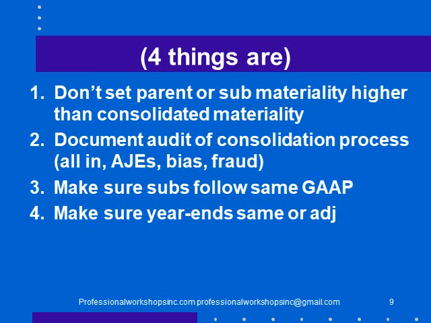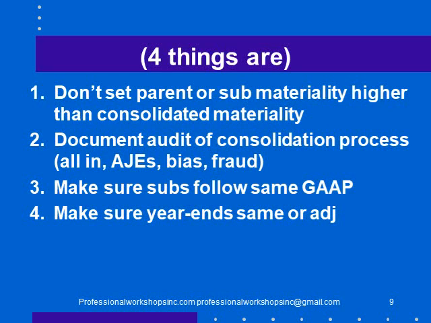Now, in my practice, most consolidations were pretty simple. You just added the 2 together, basically, and perhaps there was an adjustment or 2 eliminating intercompany sales or something like that, but it was never much. So they suggest that you make sure that all subsidiaries are included. That's not a bad idea. Take a look at any consolidating journal entries to make sure they're done correctly. Look for bias or fraud.